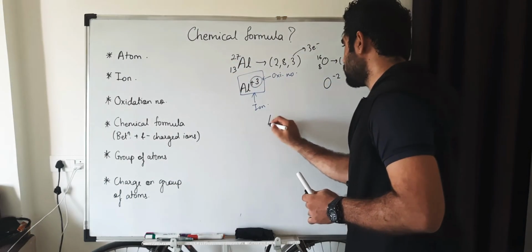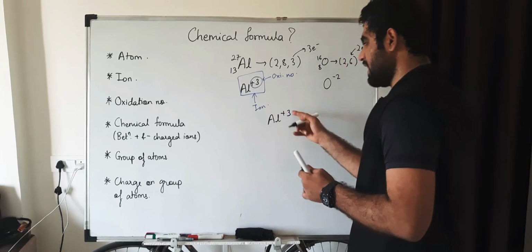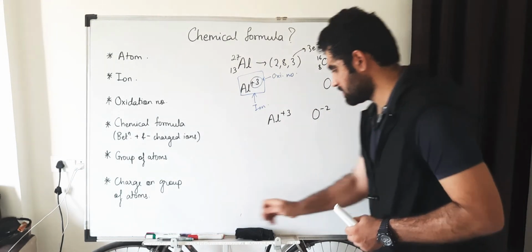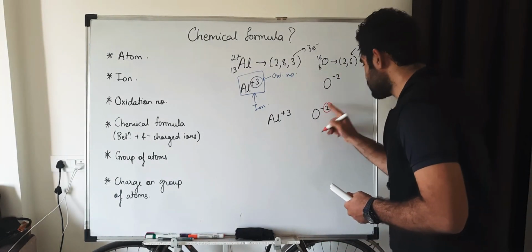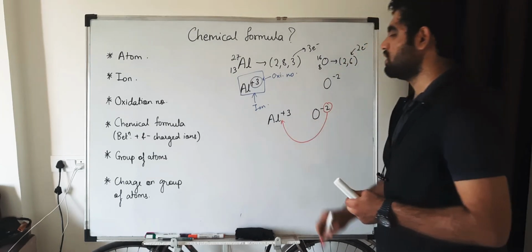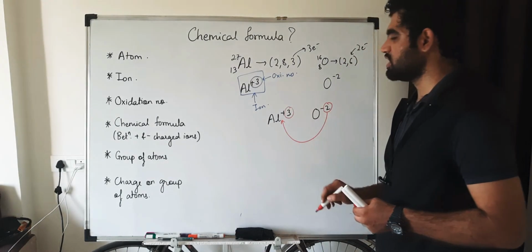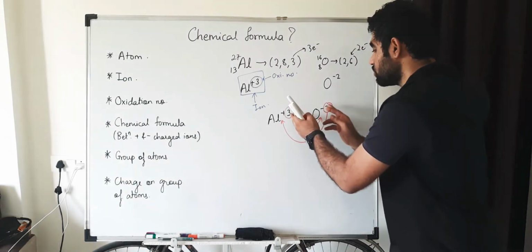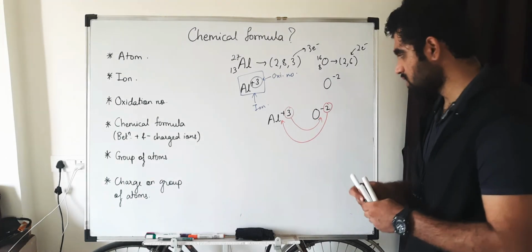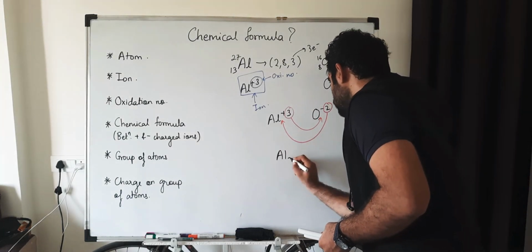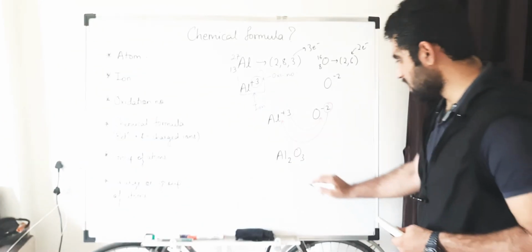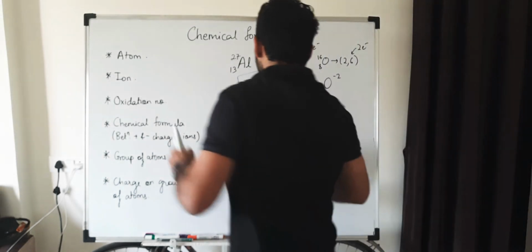Okay, so let's form the compound in a similar manner. Al plus A, that is nothing but M raised to plus x, and O minus 2, N raised to minus y. Okay, just carry this 2, which is raised to oxygen, as the subscript of aluminium, and 3, which is raised to aluminium, as the subscript of oxygen. Now pay attention, no need of carrying the charges, only the magnitude has to be taken, resulting in formation of Al2O3. See, the compound is formed. So aluminium oxide is Al2O3. Understood?